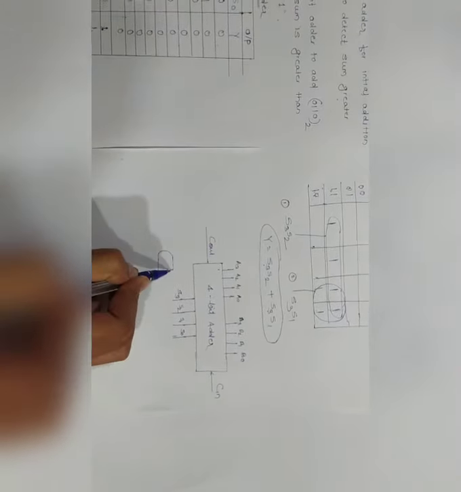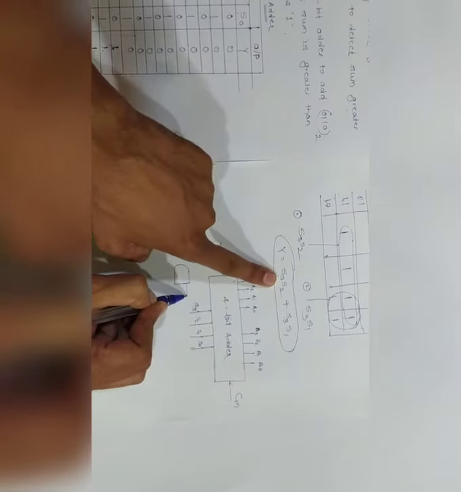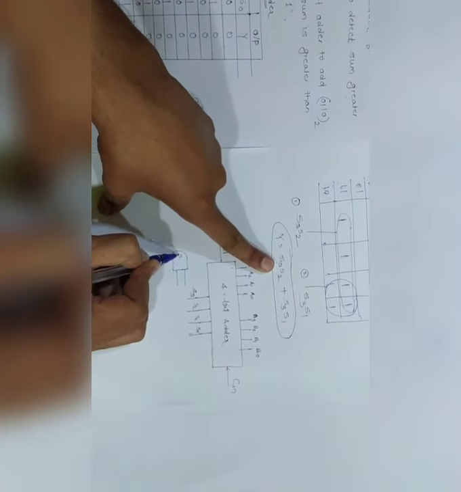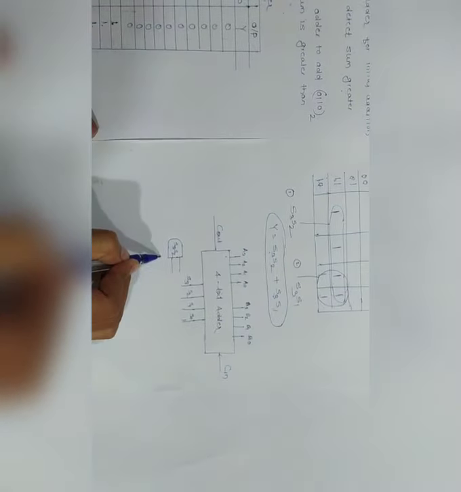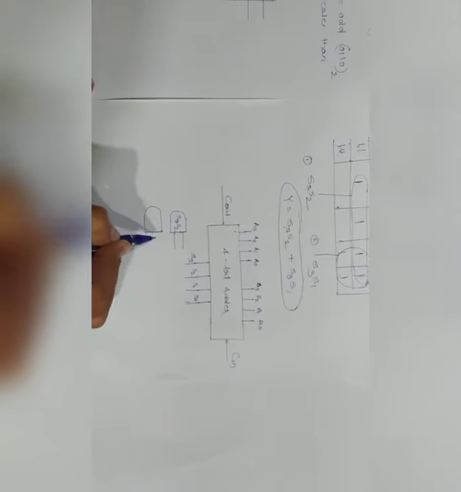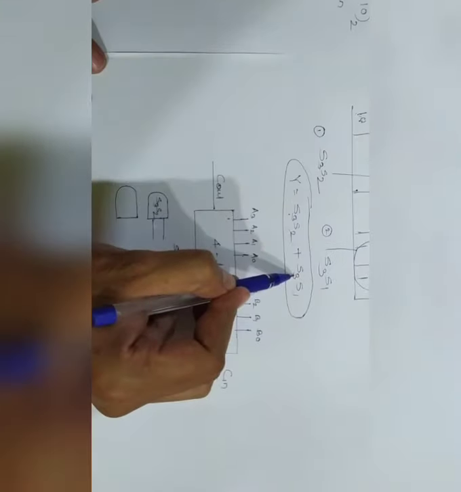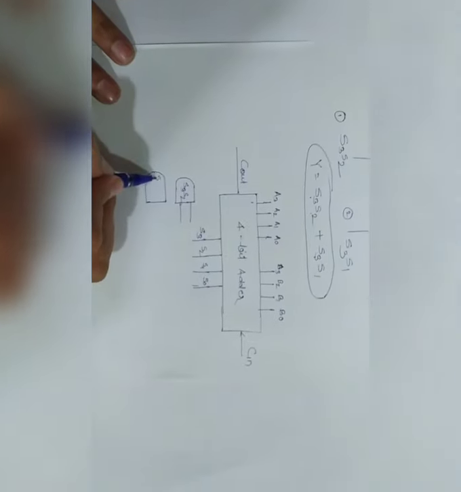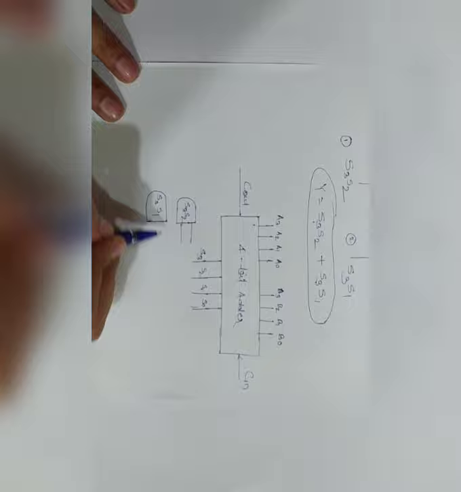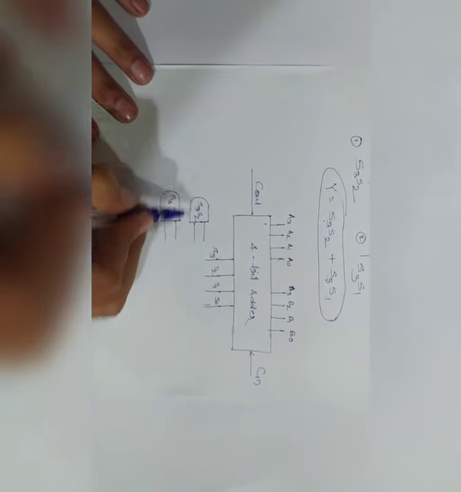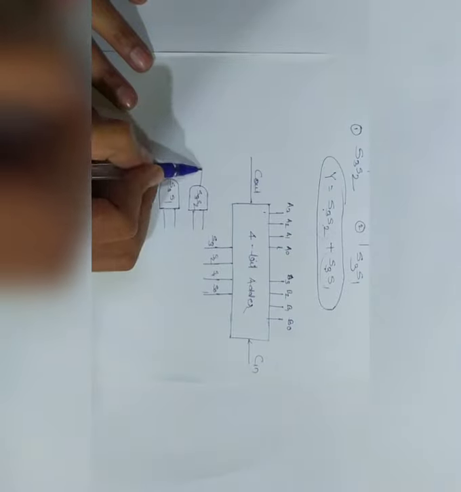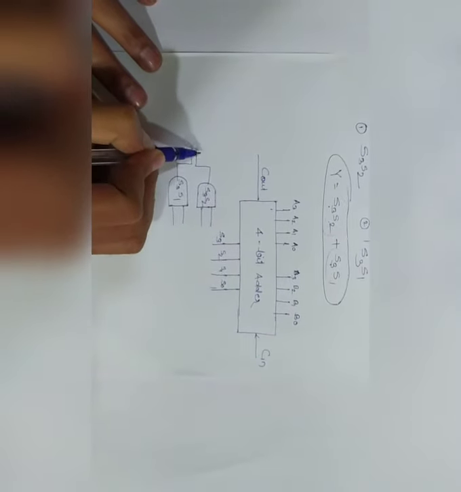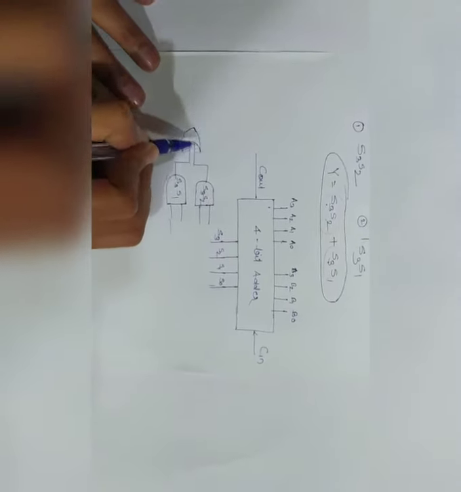The very first is S3 with S2. Now the other, the second AND gate I require here, is S3 and S1. So that's why I'm writing S3 and S1, right? Now these are my two AND gates, and now for the addition of these two you require one OR gate. Here is my one OR gate.